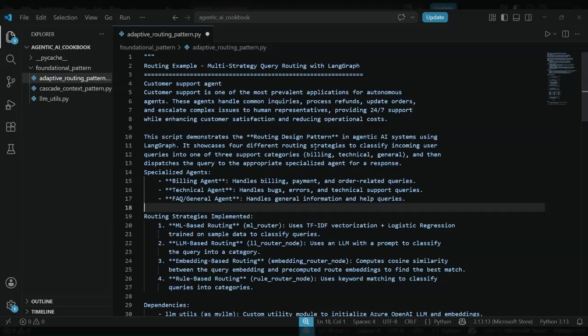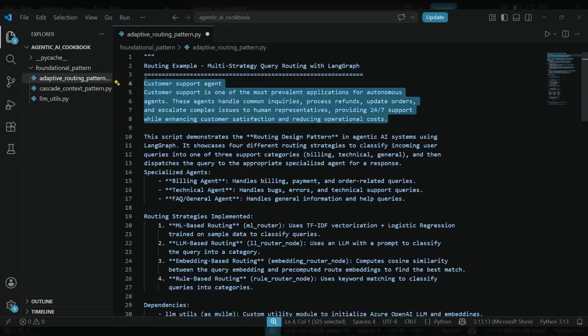This is the Agentic AI Cookbook series where we learn and implement design patterns for AI applications using hands-on examples. In our previous video, we explored adaptive dynamic routing in Agentic AI. I hope that gave you a clear understanding of how intelligent systems can adapt and choose the best path in real time. In case you missed my previous video, I will be sharing the link in the description. In this example, we explore routing pattern in Agentic AI using a practical and relatable use case, a customer